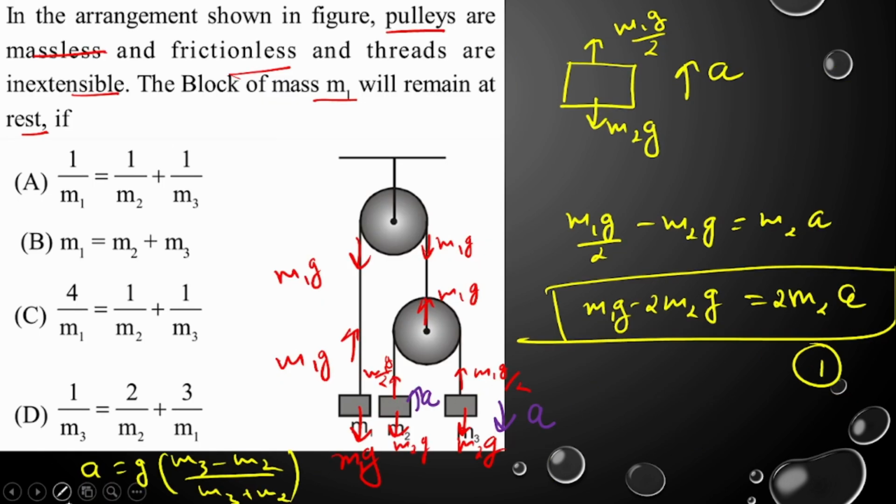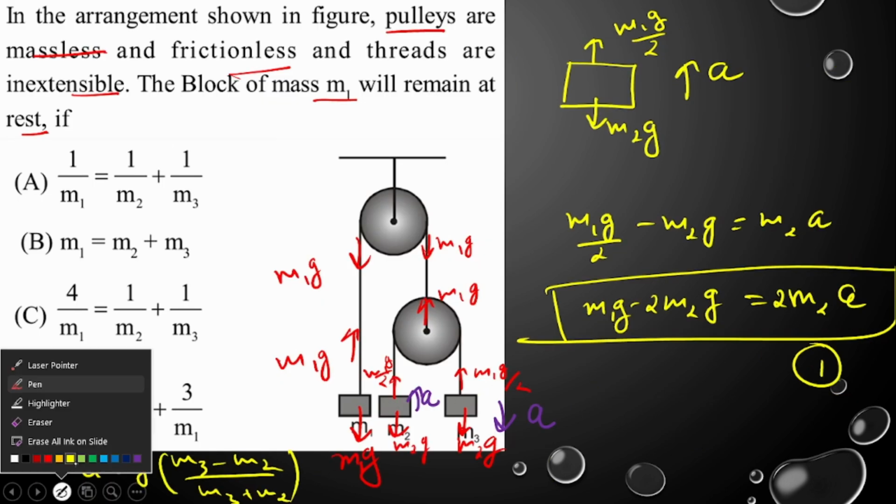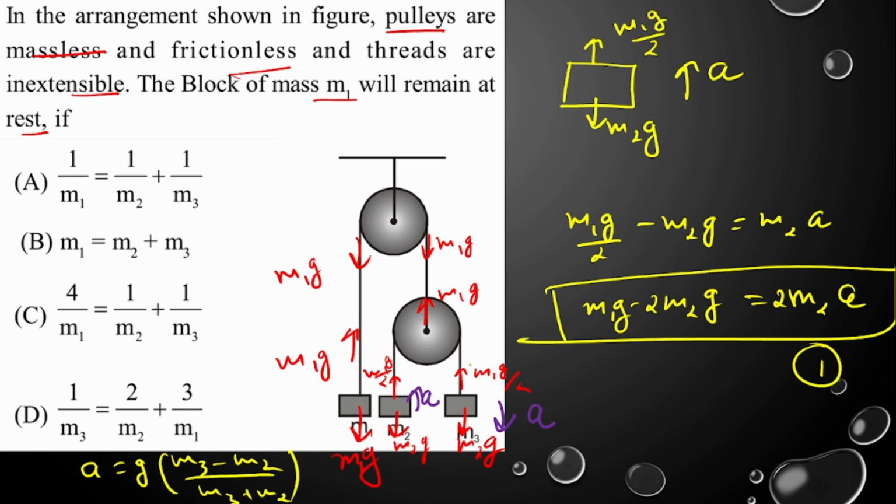Putting the value over here, we will have m1g minus 2m2g equals 2m2 into the bracket g,